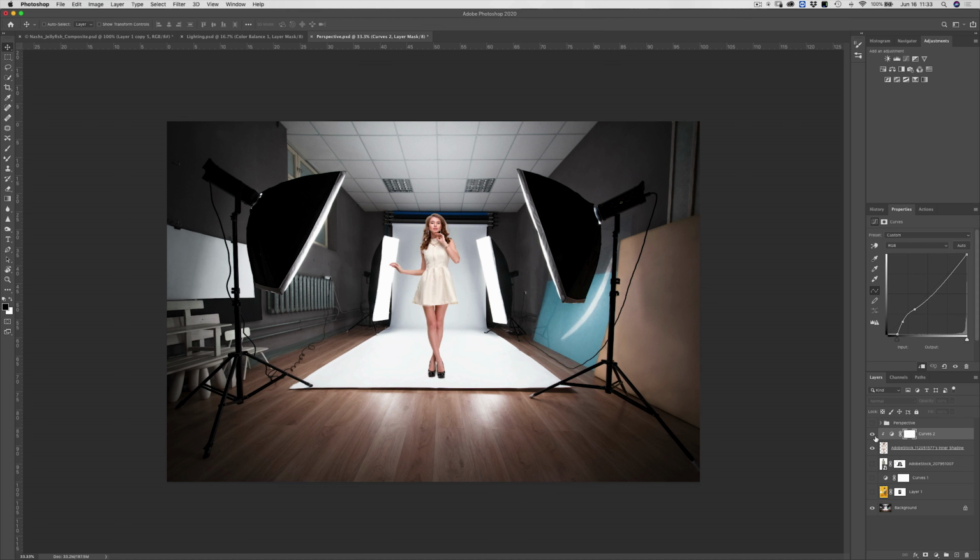All right, so we have our third model here, and I just added a little bit of additional contrast to her. And as you can see, her vantage point and perspective of how she was photographed definitely works better than this dude, okay? So hopefully you guys can see that. So what do we have to think about?